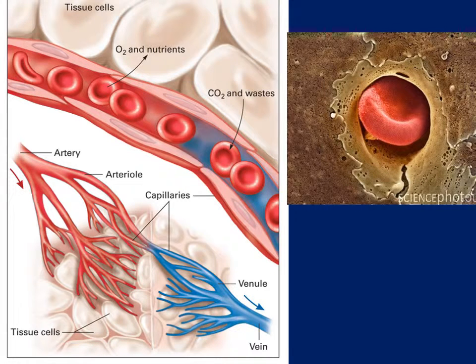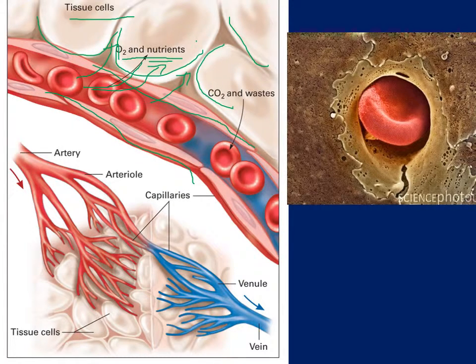This is just another picture saying the same thing. I just like this one a little bit more. This would be one capillary right here, and you see the oxygen as well. We haven't really mentioned it, but it's also other nutrients, so like sugars and things like that to help the cells. And you see up here, these are all right here, the tissue cells that make up the tissue. So the capillary going through the tissues feeds the cells with oxygen and other nutrients, and then carbon dioxide